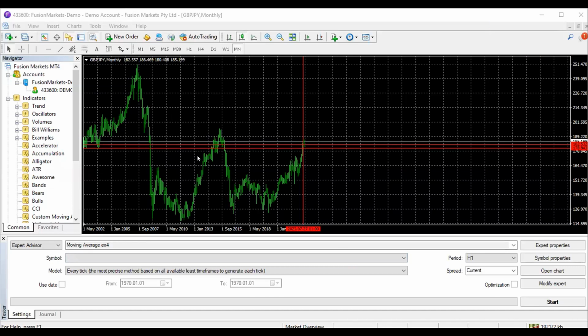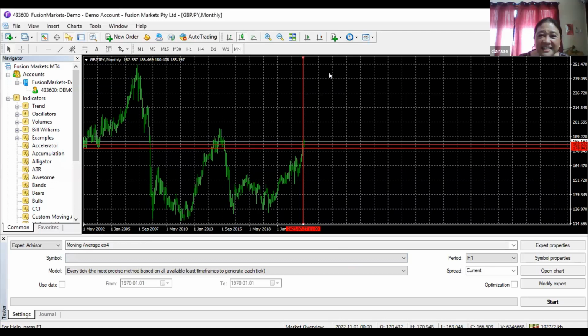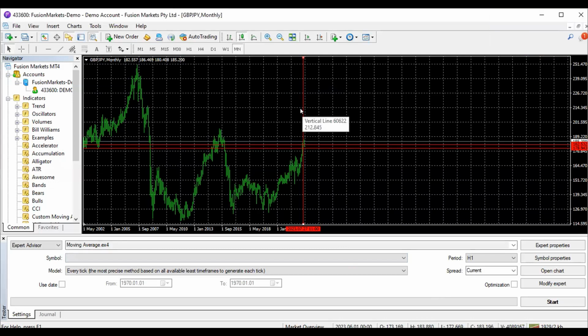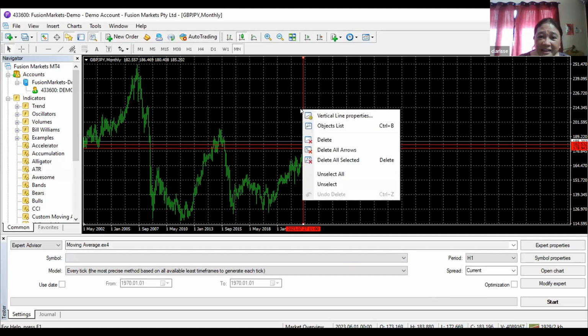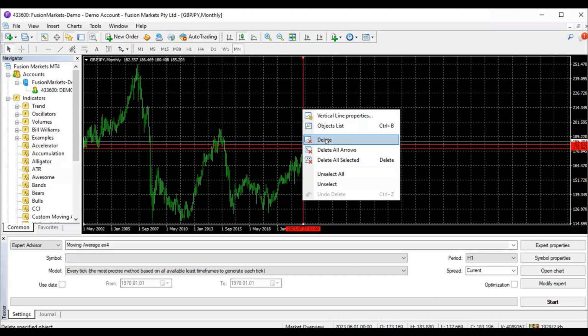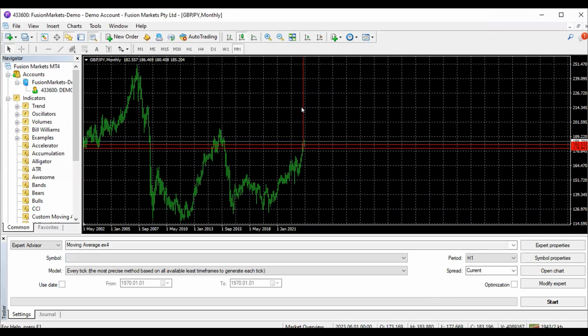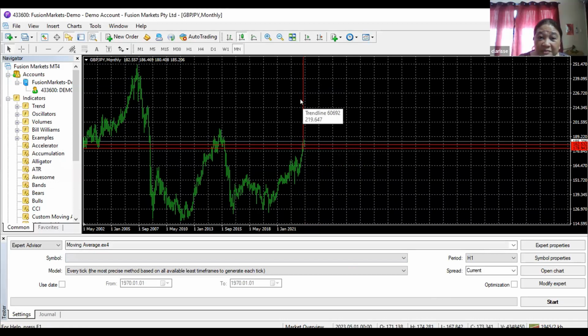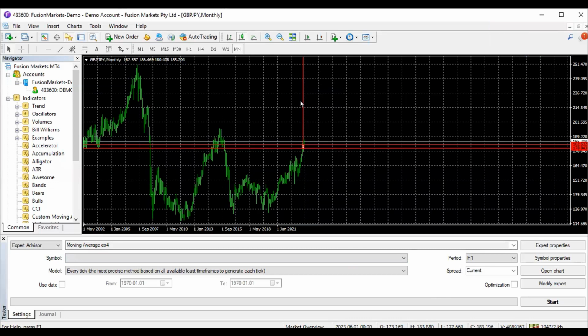Let me see first. I'm going to delete this. Double click first, and then yeah, there you go. Now you can move around. Right click. And then I want to delete all the things that I've done. Just delete. Double click first until you see a dot appear.